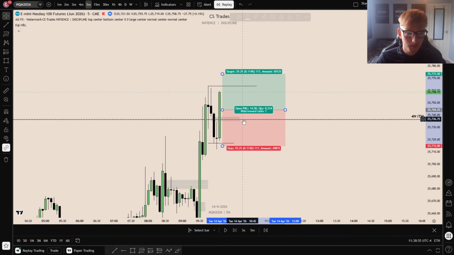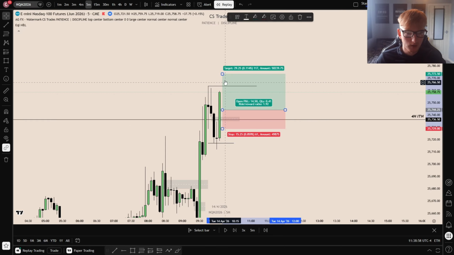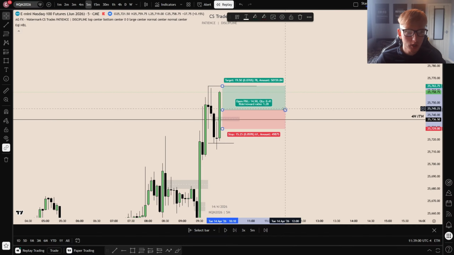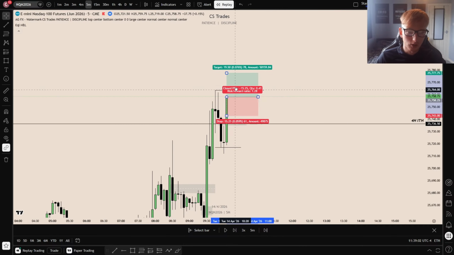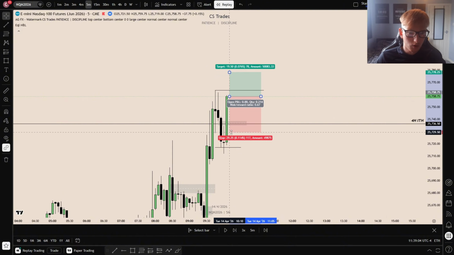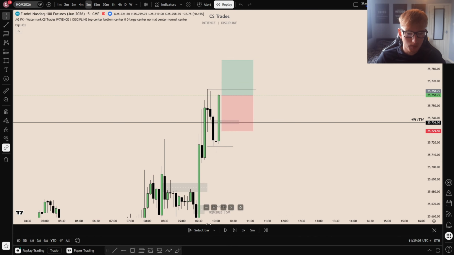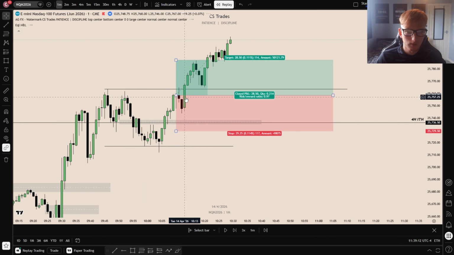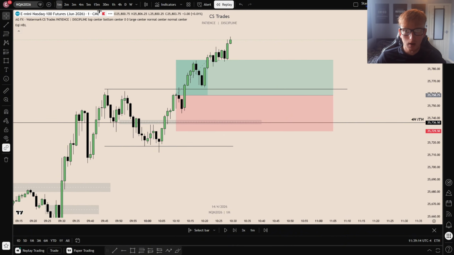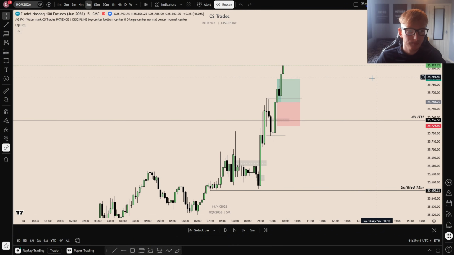The candle close would have had to have been down here for a stop loss resting below the inversion, and then a 1-to-1 risk reward to buy side liquidity. But we closed so high, the risk reward was so negative to that high that I did not bother taking that trade. And as you can see, this would have been a break-even trade anyway, as the mid candle, we did actually hit the high and then come back down, as you can see there on the 1 minute time frame.